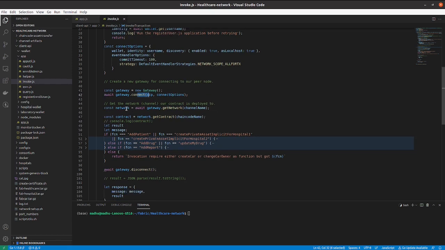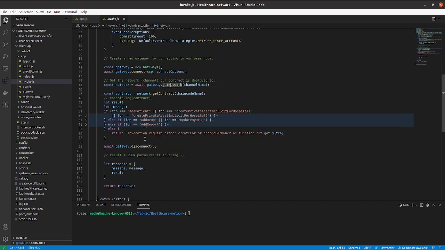Now we are creating the gateway for connecting to our peer node using gateway.connect, then calling the get network method and get contract. First we need to get the network and then the contract, and here the different functions are handled inside this add patient.